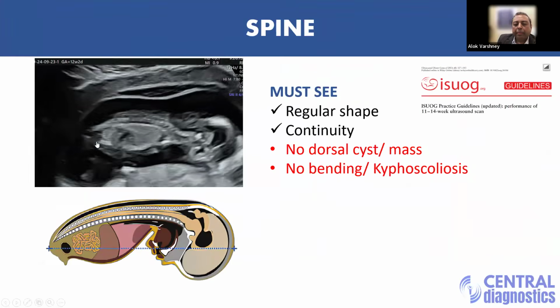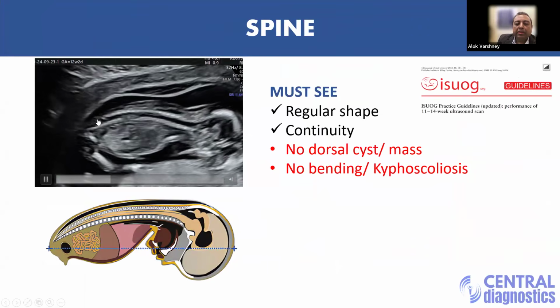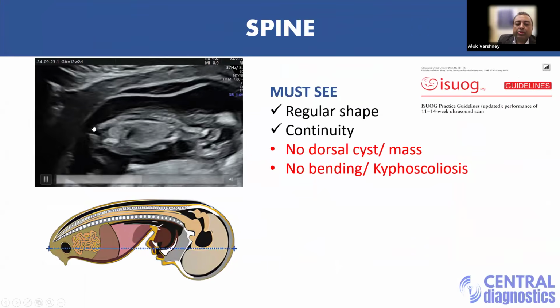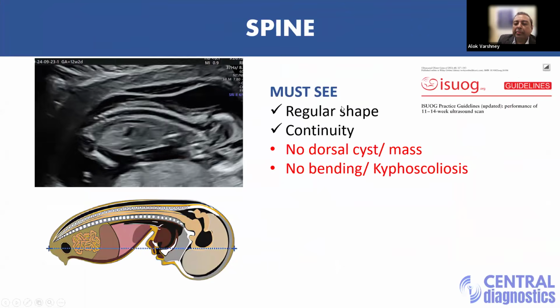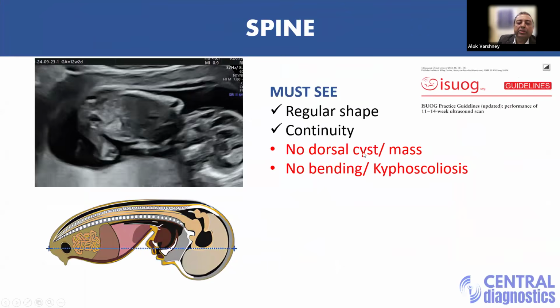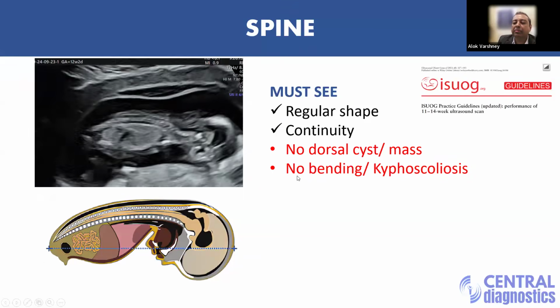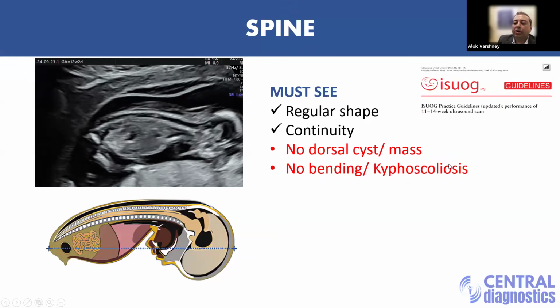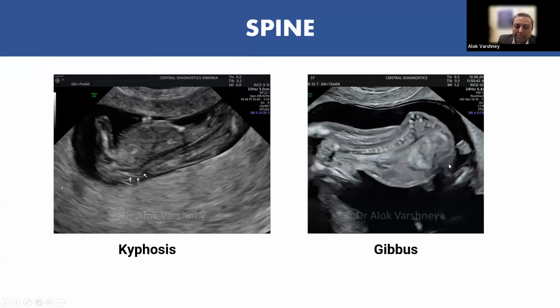Now, spine. Try to see when this baby is dorso-anterior, that means the back is up, and the spine should have a regular shape and it should be continuous. There should not be any dorsal cyst or masses, and should not be any bending or kyphoscoliosis. Some typical abnormalities that are very, very easy to see are like this. So there is kyphosis. Here we have an acute angulation of the spine. So that's the gibbous formation. So not very difficult to